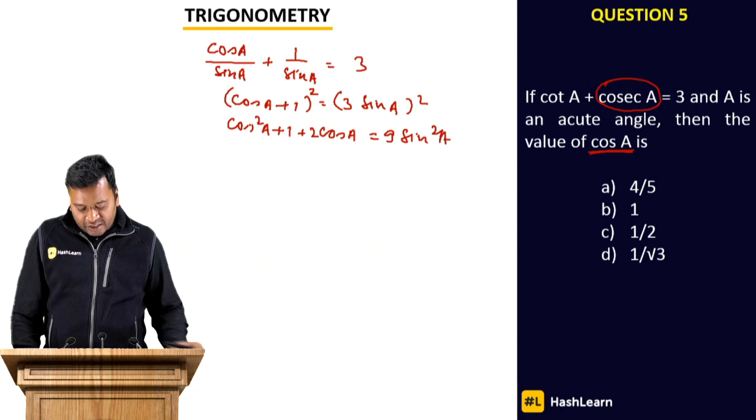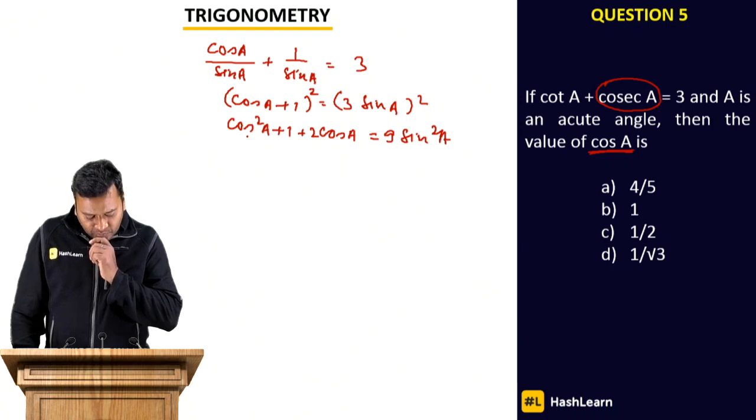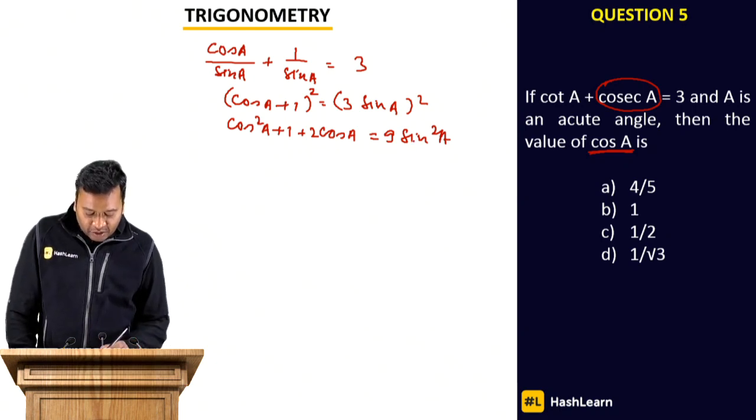हमारे पास 9 sin square a है, right? So अब मुझे cancel करना है, क्या possibilities हो सकती हैं? Let's check. मुझे cancel करने के लिए क्या करना होगा? cos square a plus 1 plus twice of cos a is equal to 9 sin square a है, right? So I'll try to cancel out, either I'll write the value in terms of cos or else I'll try to write the value in terms of sin, right? So एक काम करते हैं, इसको cos के फॉर्मेट में लिखते हैं so that I can have a quadratic equation,